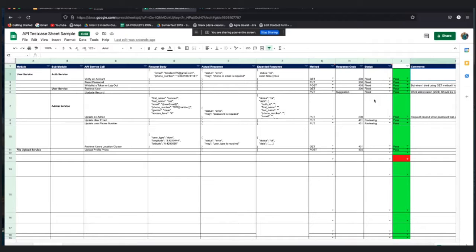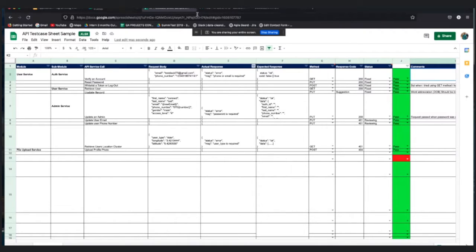What this test case sheet is used for is just to work with the developer. Once you log the errors or bugs you encounter while testing the API, the developer can pick up this sheet and fix the issue, and then you can update the sheet yourself.